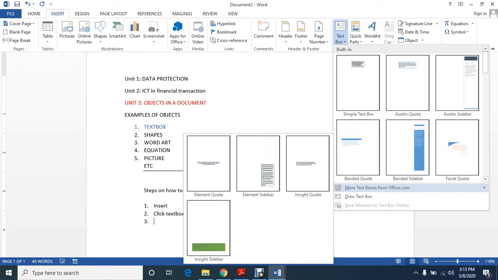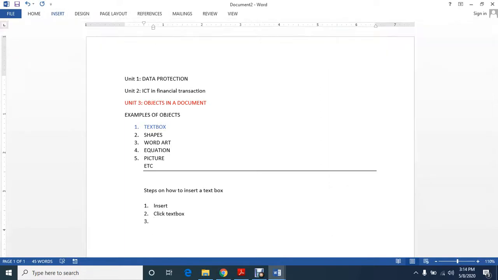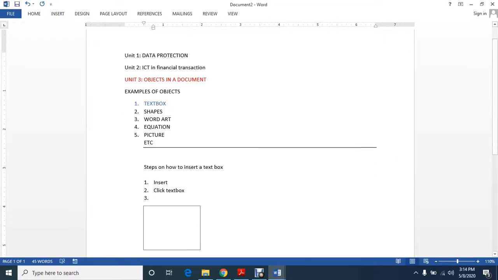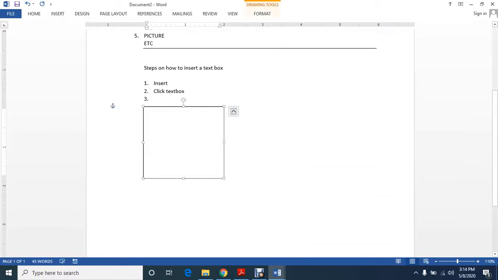Also, you can draw a text box as you have seen here, but don't focus on these steps because you are going to see more about steps in the course content as provided below. Here, let me draw a text box. If I draw a text box here, I can write something. Let me write: IFAC is helping.